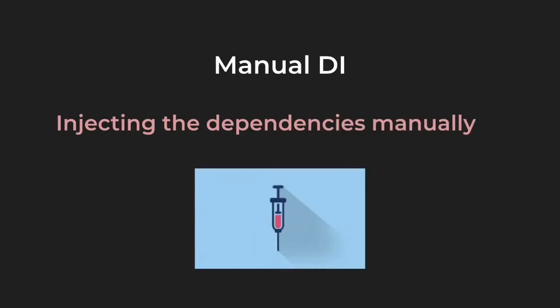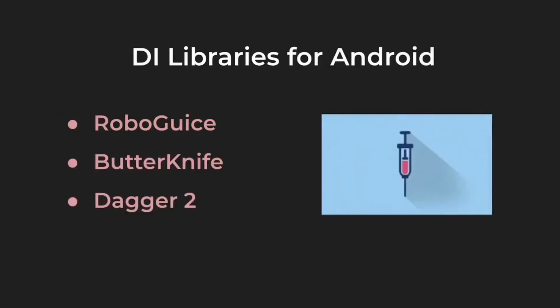So next is manual dependency injection. Manual dependency injection is nothing but injection of dependencies manually. So in this case, we would be manually writing the code that would otherwise have been automatically generated by dependency injection frameworks like Dagger. Next, I'm going to talk about the most common dependency injection